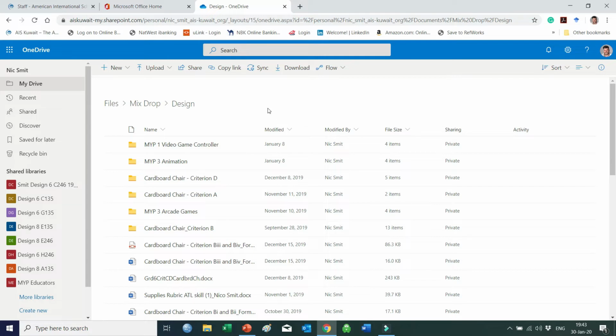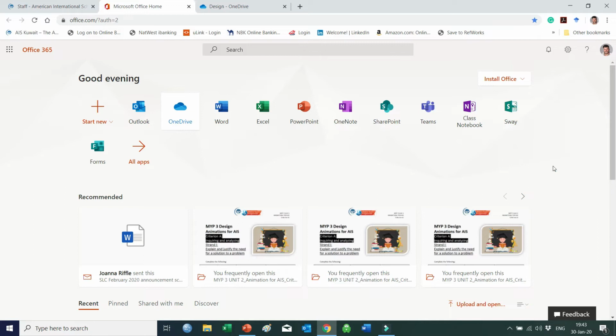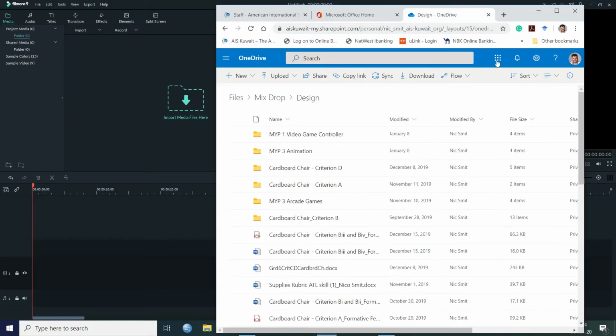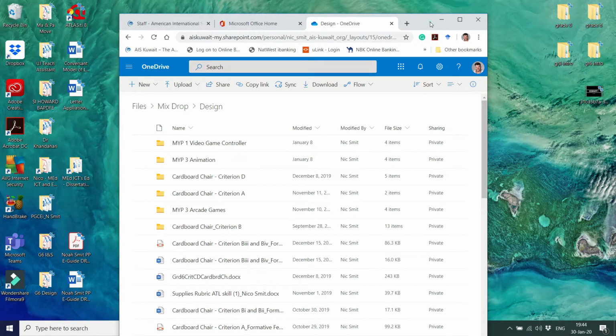So you will go, like I said, to the AIS website. Then you're going to click on student. When you click on student, you're going to open to this. So here, you're going to click student. You're going to click on Office 365. It will then open this. Here you will click OneDrive. It will then open your OneDrive account. Now I'm going to minimize it. Let me minimize that. Okay, so